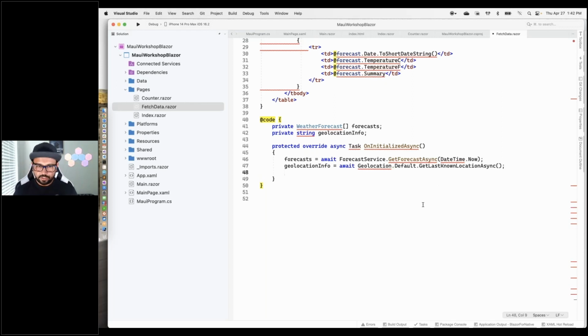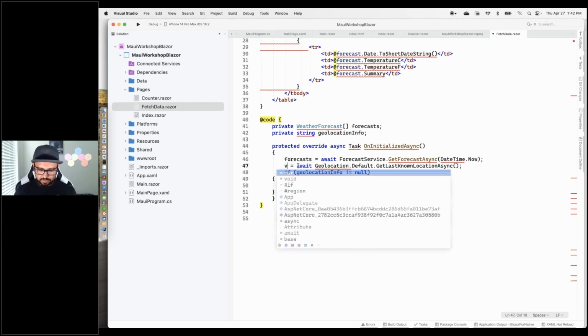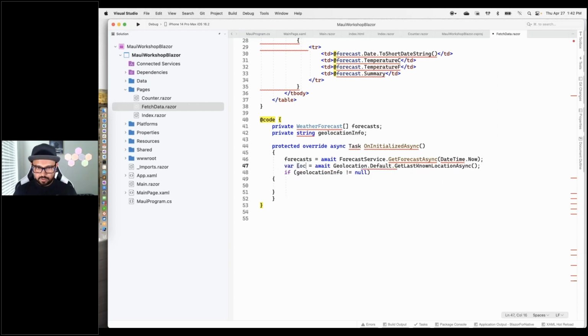And what I can do is, if this geolocation info is not null, then I can read, actually, let's not make this, let's just do a var here, location data, right? And if that location data happens to be not null, the syntax is way off here. What I want to do is geolocation info